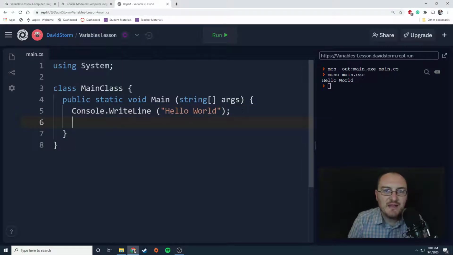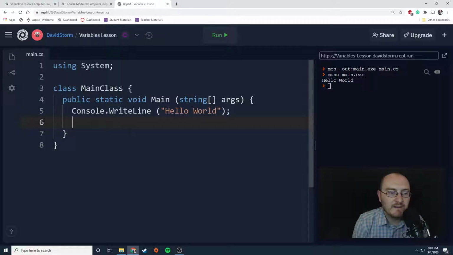So notice I have my hello world program here. I have a console.writeLine statement, and maybe instead of saying hello world, I want to say hello and then the user's name, right? Well, I don't know what the user's name is, so I need to store their name in something called a variable. A variable is just data that can change. It's essentially a box that holds a specific kind of data inside, and then we can dump that box out